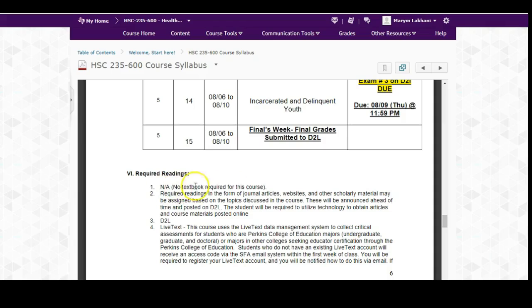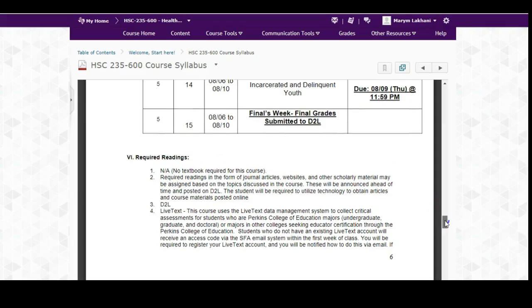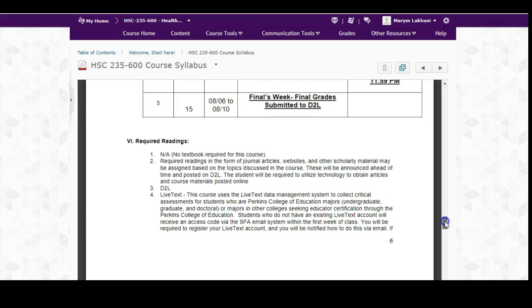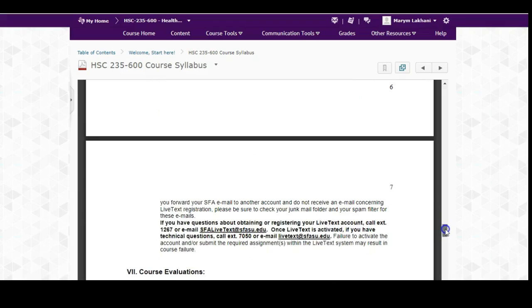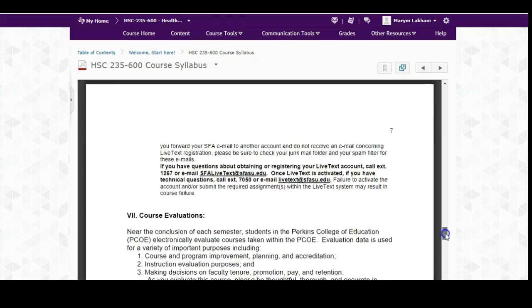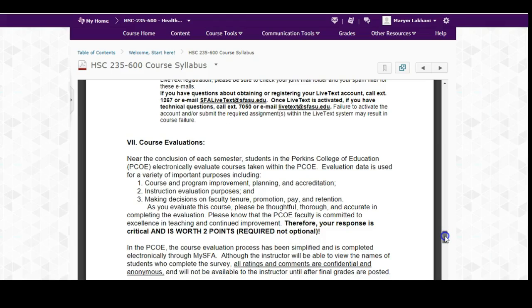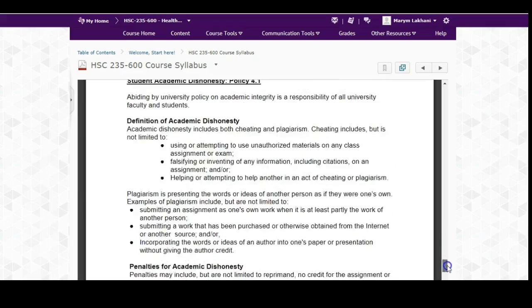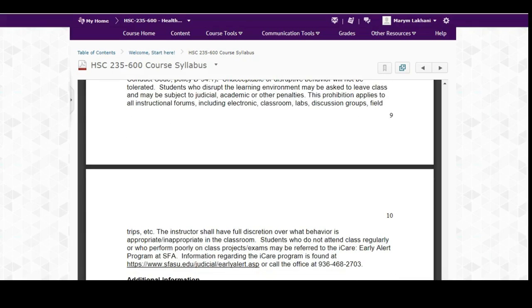Notice that there is no required textbook for this course, so I'll save you some money that way, but there are supplemental materials that you will be reading each week to supplement your additional reading and to make sure that you're getting the exposure to the material. And then there's a whole bunch of additional information in our course syllabus. I'm going to go ahead and scroll,